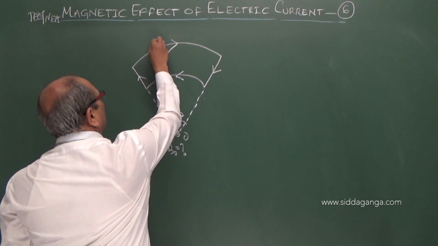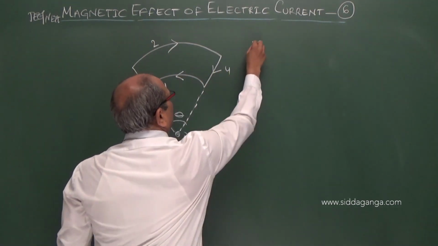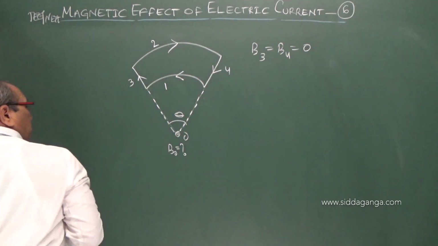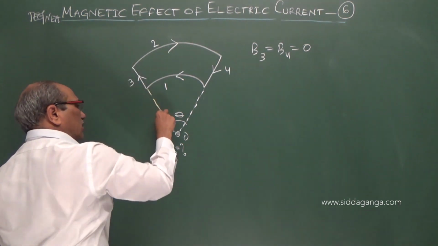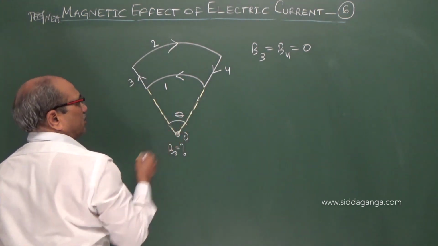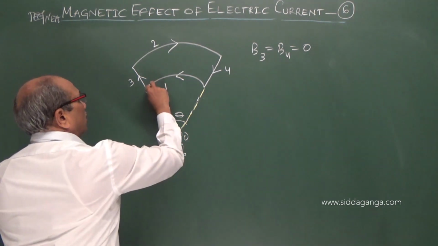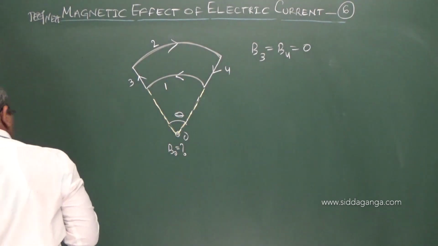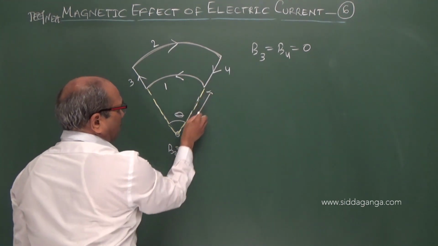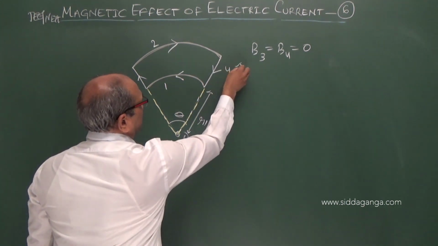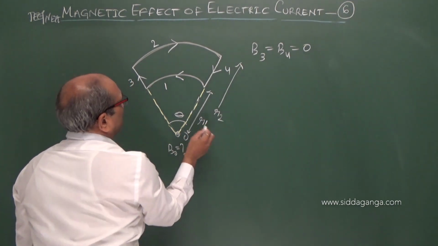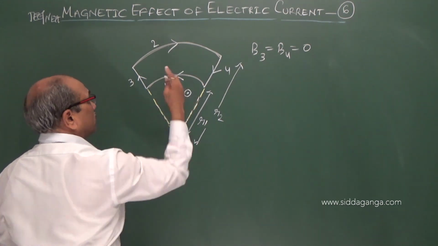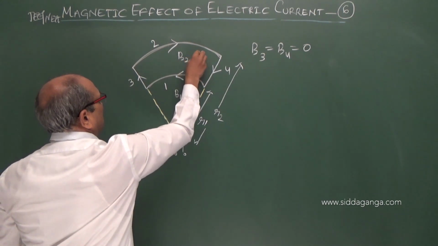So it is coil 1, 2, 3 and 4. Directly you come to know why I am saying the field is 0. Again, if you look, these two parts and the third part are in line. But only the arc portion produces the field. Theta is common, and if this is of radius r1 and the other is of radius r2, and further, since it is anti-clockwise, B1 is positive outward, and clockwise B2 is negative.